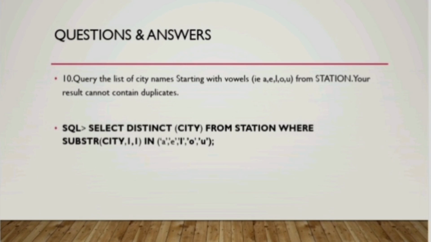Here's the 10th query. Query the list of city names starting with vowels A, E, I, O, U from the station table. Your result cannot contain duplicates. Here is the query. Select distinct city from station where substring(city, 1, 1) in ('A', 'E', 'I', 'O', 'U');